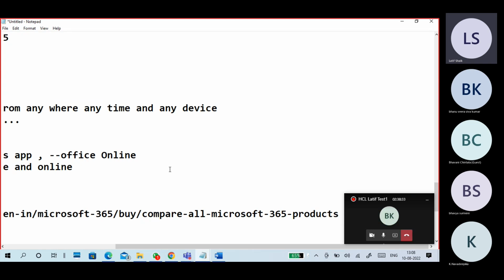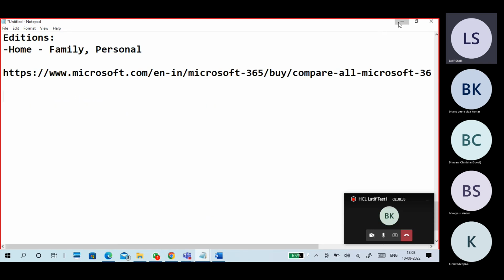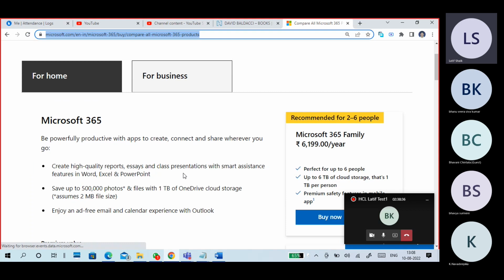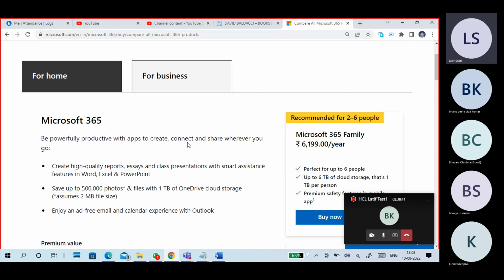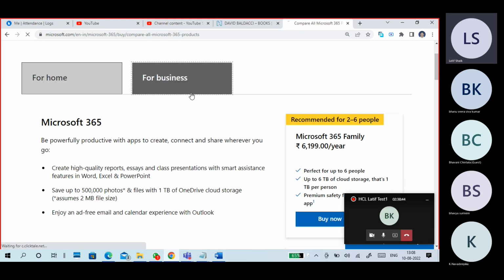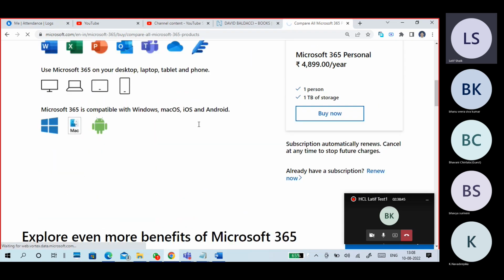If you open the link, you can find the differences also. It is also very good general knowledge, guys. Okay, so again, for home you have two things: for family and for personal. For business, you're getting